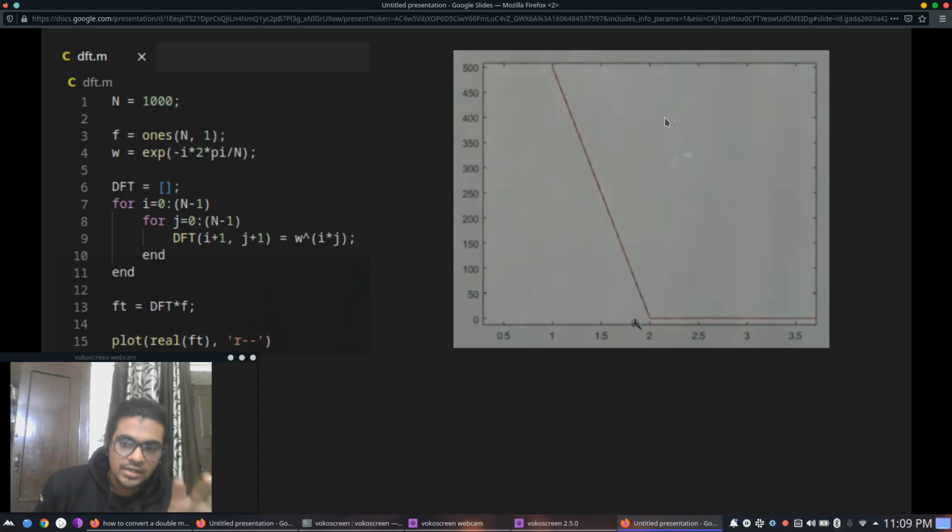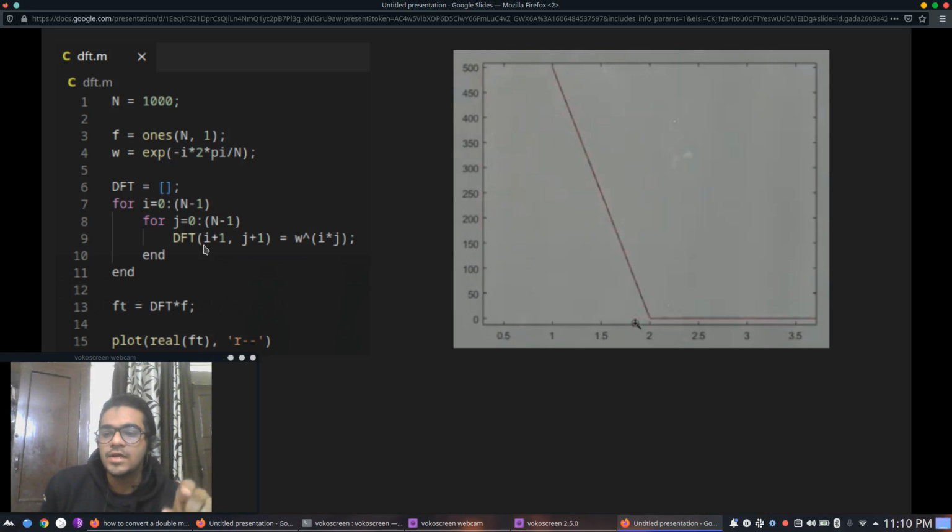Now that we've implemented DFT once, from this point onwards, I'll be using MATLAB's inbuilt function FFT, which stands for Fast Fourier Transform. It essentially does the same thing as DFT, but it's slightly more optimized. The only difference between DFT and FFT is in this step here. Instead of iterating through the entire matrix and populating each cell individually, which is an O of n squared operation, an operation which takes O of n squared complexity,